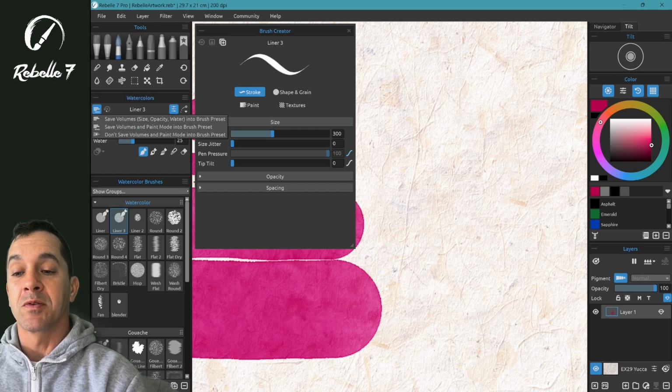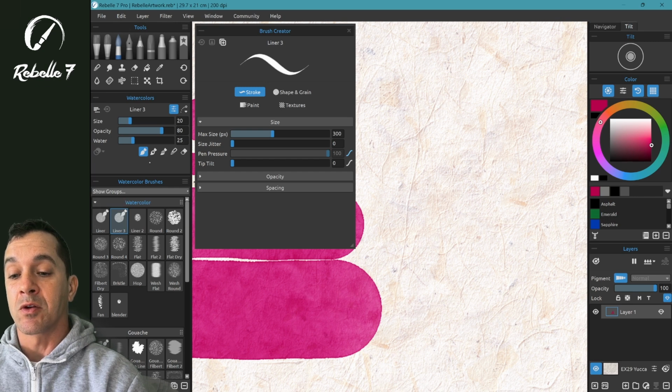Here, Save Volumes and Paint Modes was selected. So notice that this has this little icon in the corner. It changes and is saved, and it's only saved when we use this Save Changes as Default option. Now when we switch back and forth, notice that this paint mode is switching. If we deselect Save Volumes and Paint Modes into Brush Preset, notice the icon is gone. If we go over here into Paint Mode with Liner, and then we jump back over here,